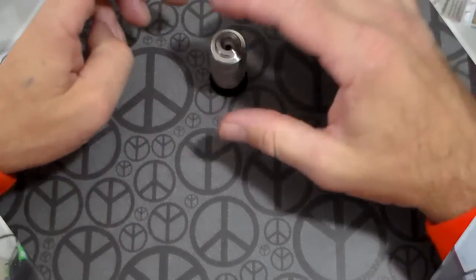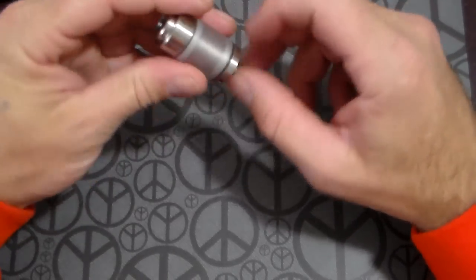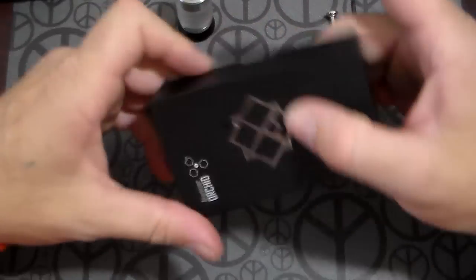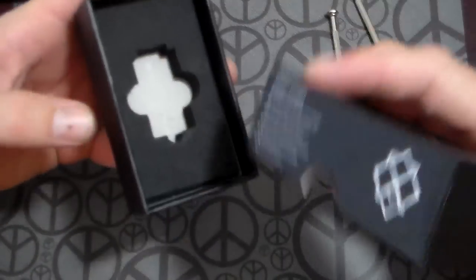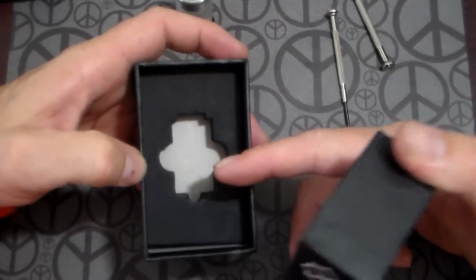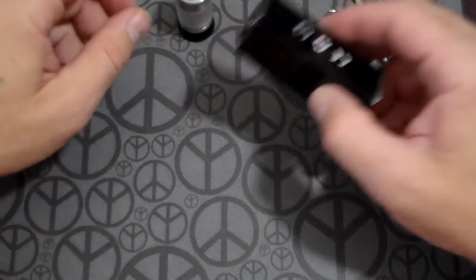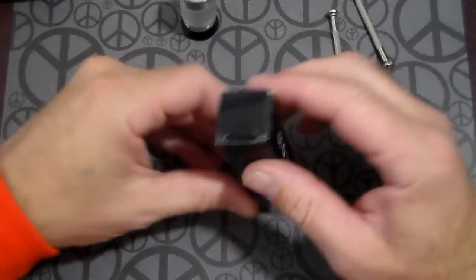All right, guys, here we are up close with the Orchid V2.4. It's a very nice looking RTA. As far as packaging goes, I ordered 4 of these. One of them came in this nice box here, but the only thing it came with was an Allen wrench, no O-rings, no wicks, no nothing, and the Allen wrench didn't even fit the mod. So one of them came in this box here with Allen wrench screws on the posts,